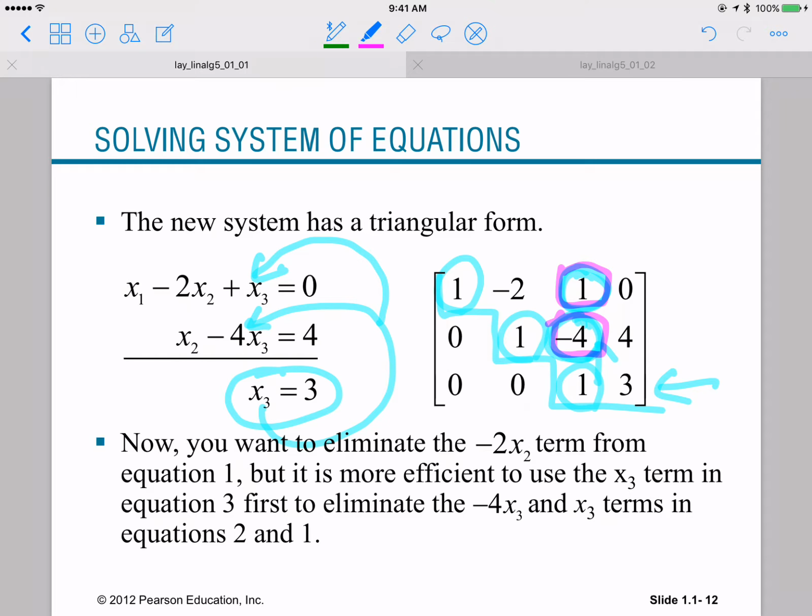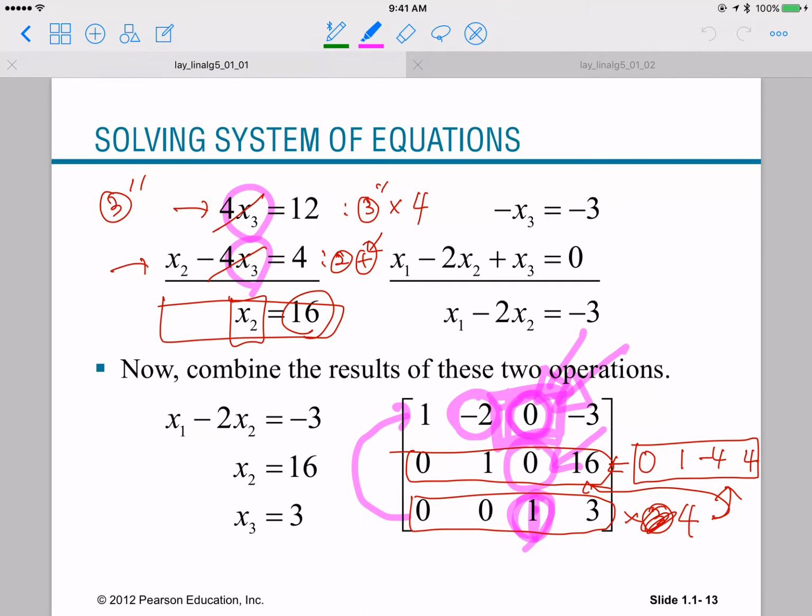So once we created a staircase shape, the last equation will give you the exact value for a single variable, right? Just like this. And then we just plug this value into the above direction, which involves more and more variables, right? That way, we just create these as zeros, and at the end, once we do it,